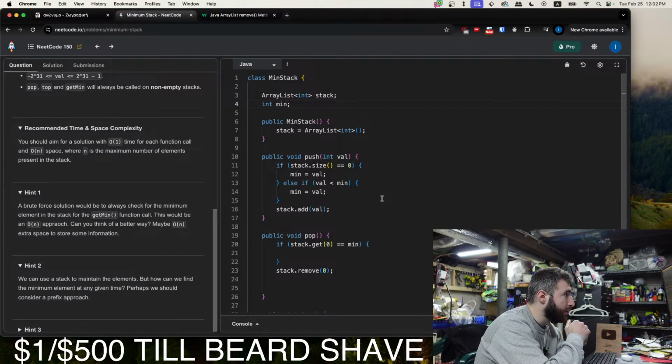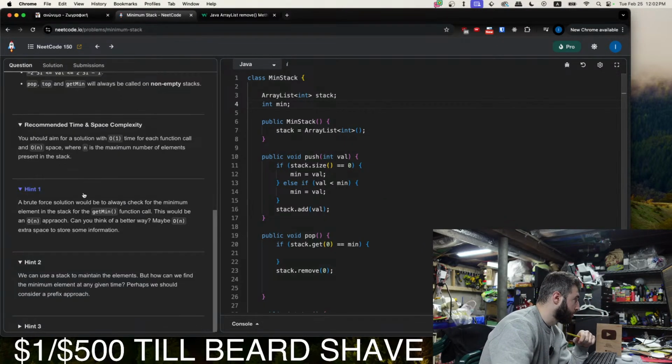Wouldn't that take O(n) time? If you had a prefix array and you push to it if the value is min, it wouldn't be ordered.